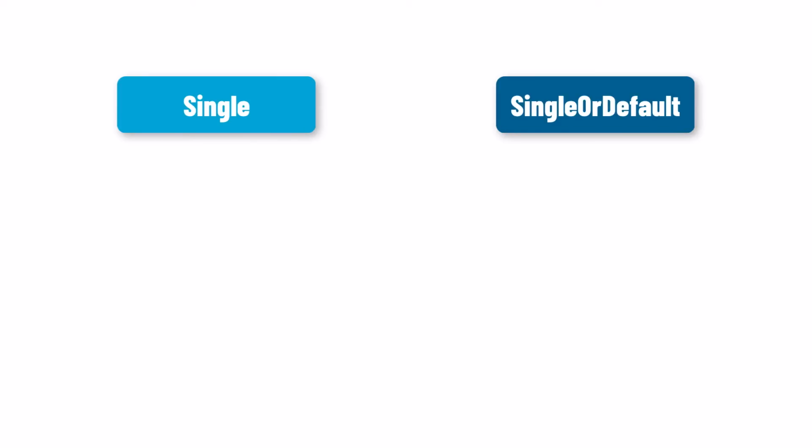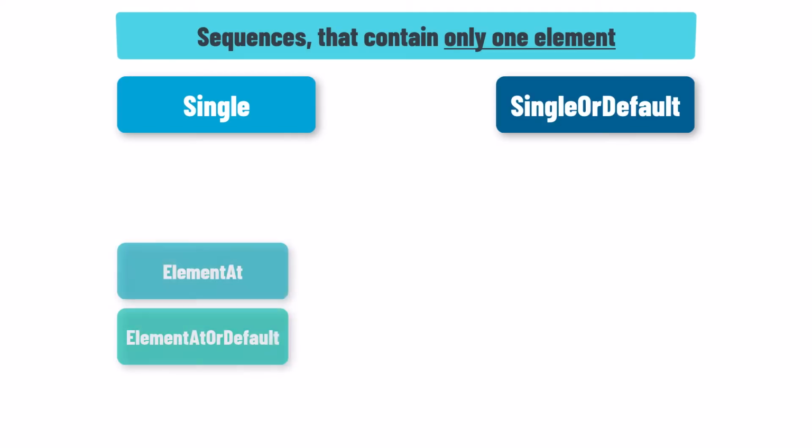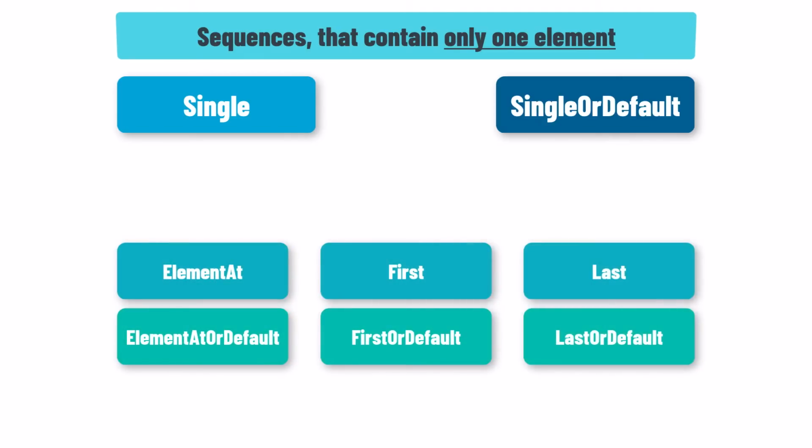Single and SingleOrDefault are the next two element methods, which we will learn in this video. These two methods are powerful tools in your LINQ toolkit when working with sequences that contain only one element. Before we get started, remember that these methods differ from the ElementAt, First, and Last methods, which work with sequences